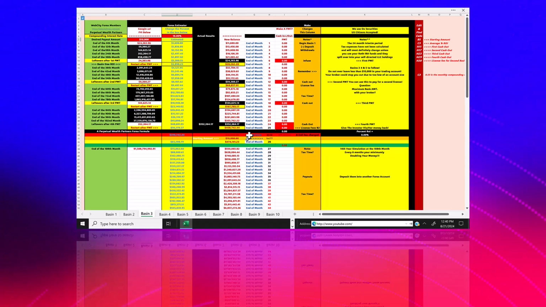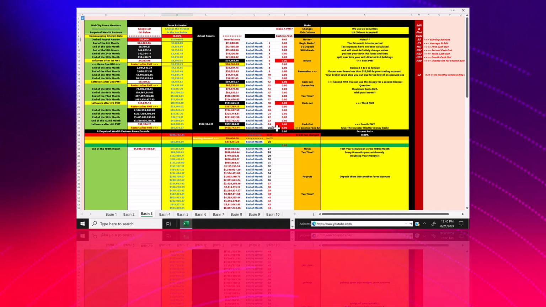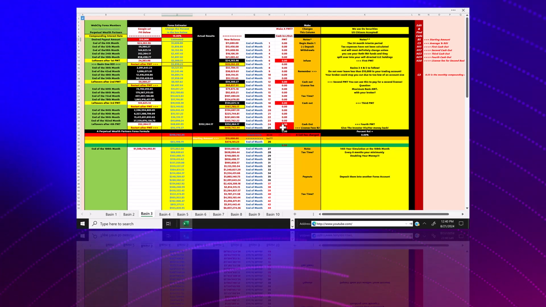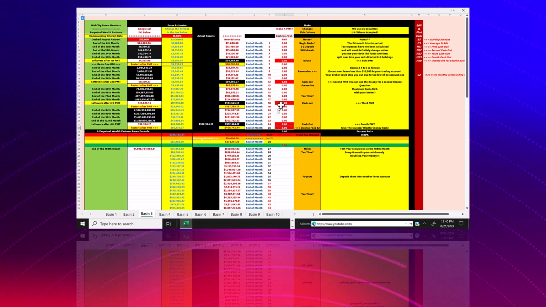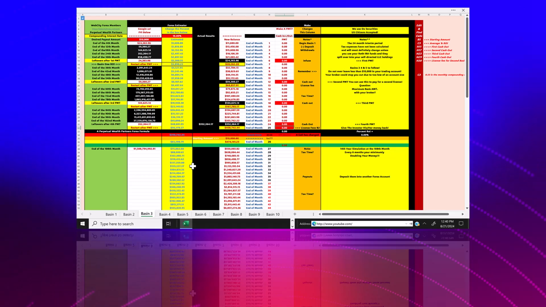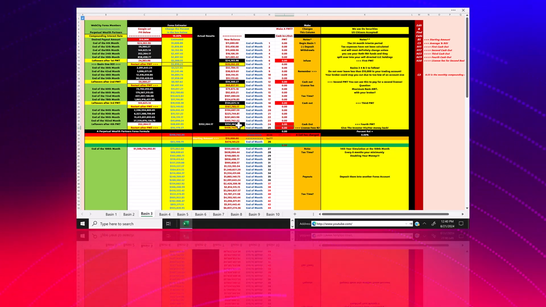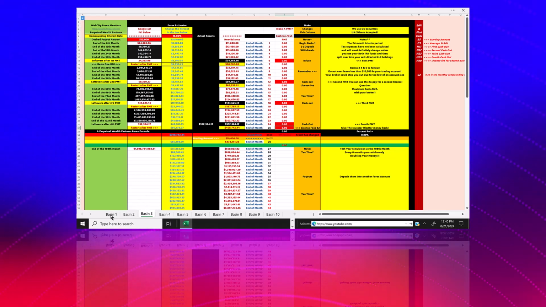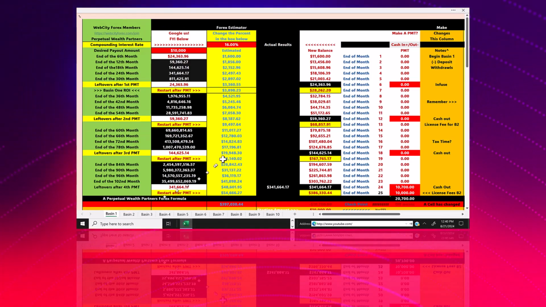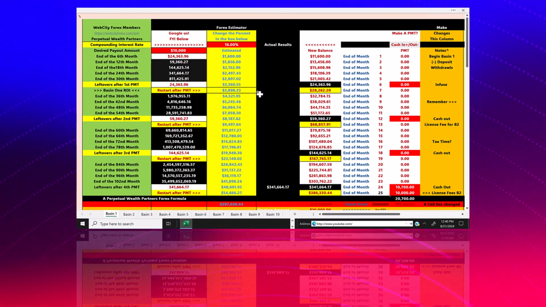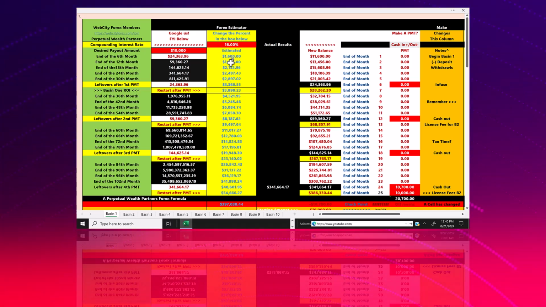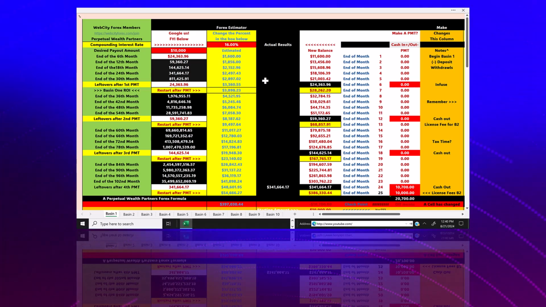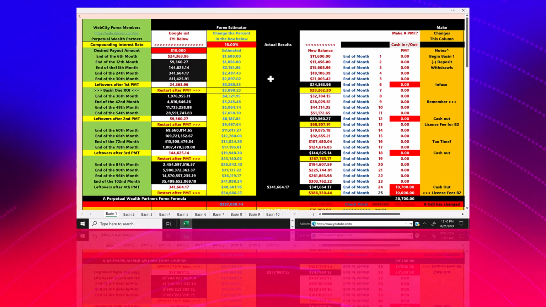All right, so basically at the end of the 27th month, we would be doing fairly well. So what you could do is go back to basin 1, build yourself a timeline, and say you started this on, say, January. Well, let's say you started it on March. Let's say you started it April 1st,